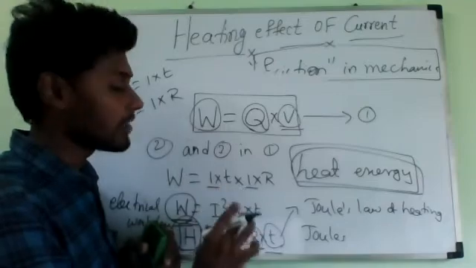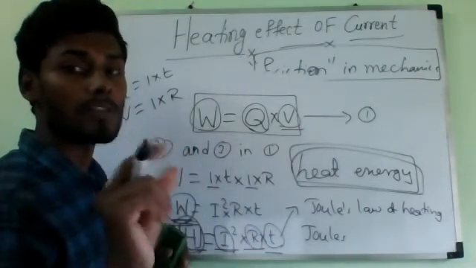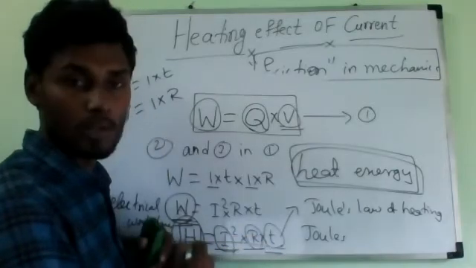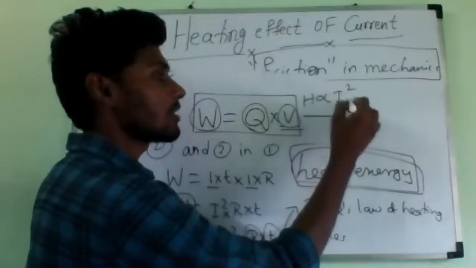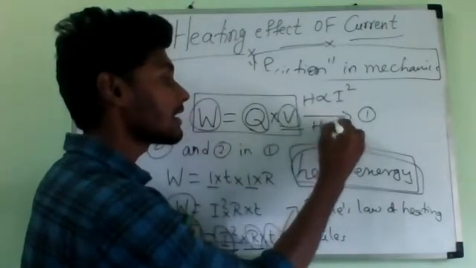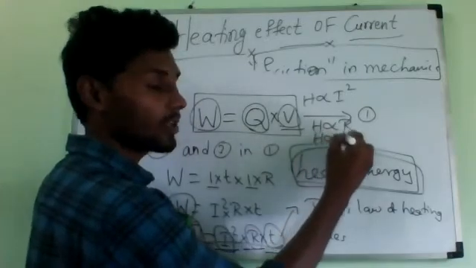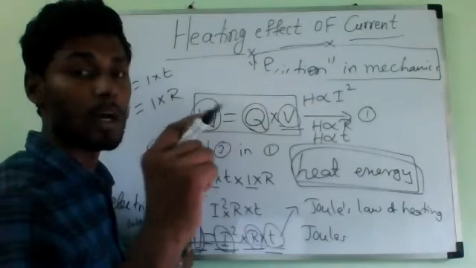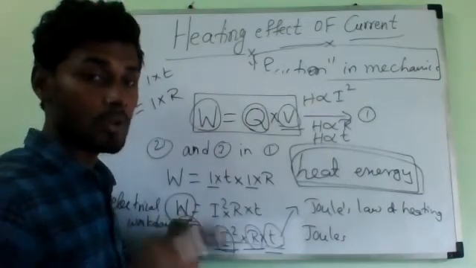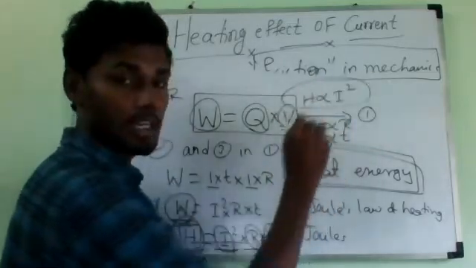Understanding? From this we can say that the heat produced in a wire is directly proportional to the square of current. H is directly proportional to the resistance of the wire, and H is directly proportional to time t for which the current is passed. Understand? So since the heat produced is directly proportional to the square of the current, you have to remember